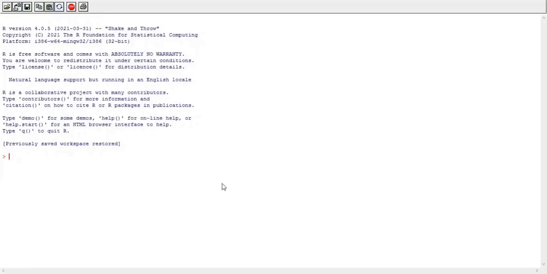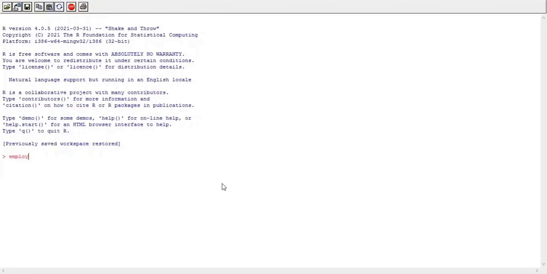Now we'll see how to add new rows and columns to the existing data frame, or how to merge different data frames together. So to add new columns and rows in a data frame, or to merge different data frames together, we have two functions, rbind and cbind. Rbind stands for row binding and cbind stands for column binding. Means if we want to add a new row into the existing data frame, then we have the rbind function, and to add a new column into the existing data frame, we have the cbind function.